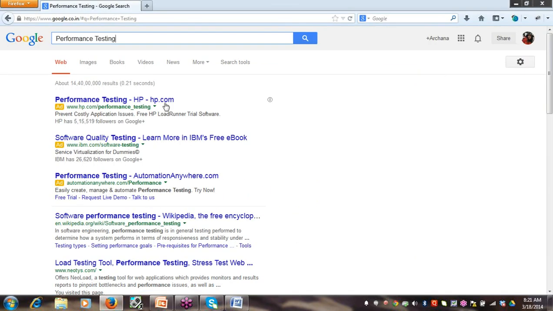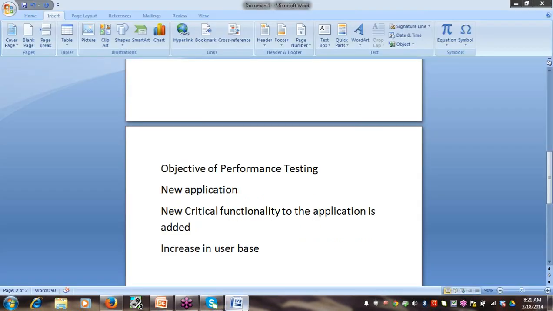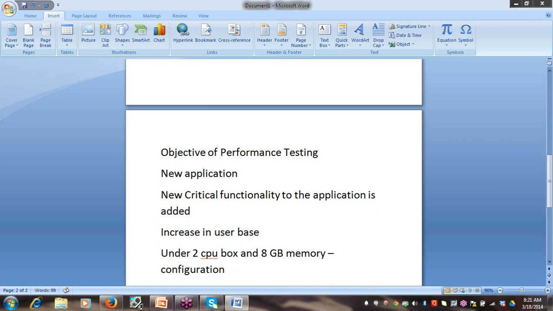Now this application has, say, 1 CPU box and 4 GB of memory, and you want to test under a 2 CPU box and 8 GB of memory. These are, you can say, configuration information or settings of the application or the server.